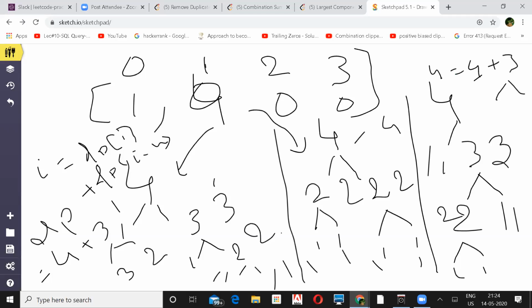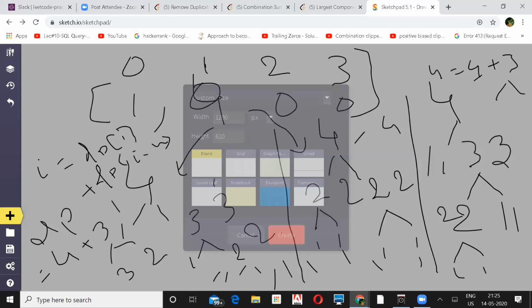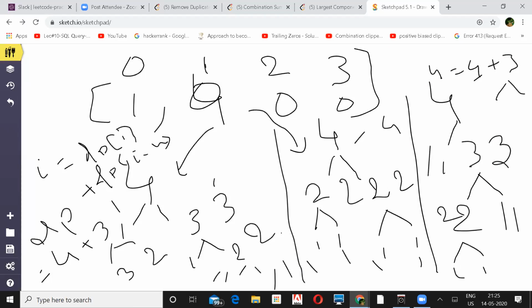I think for the bottom-up approach, you could actually write a complete array first and then start filling in each and every value, so then it will be slightly clearer, because now you are actually drawing this recursive chart. It looks to me like a more top-down approach. Top-down. Yeah, that is what I was thinking. But if it is a bottom-up approach, you can just use an array and then keep on filling the numbers. Just a thought. I'm not saying that is the way it has to be done.